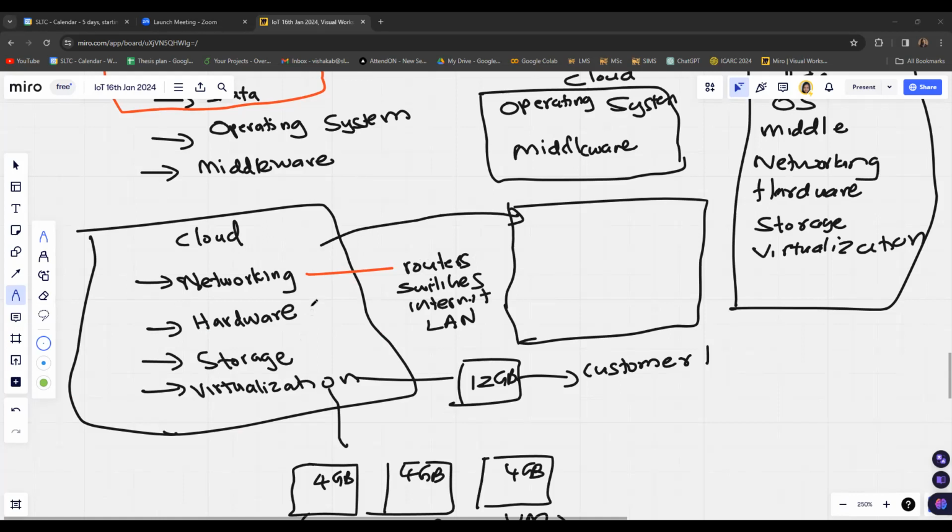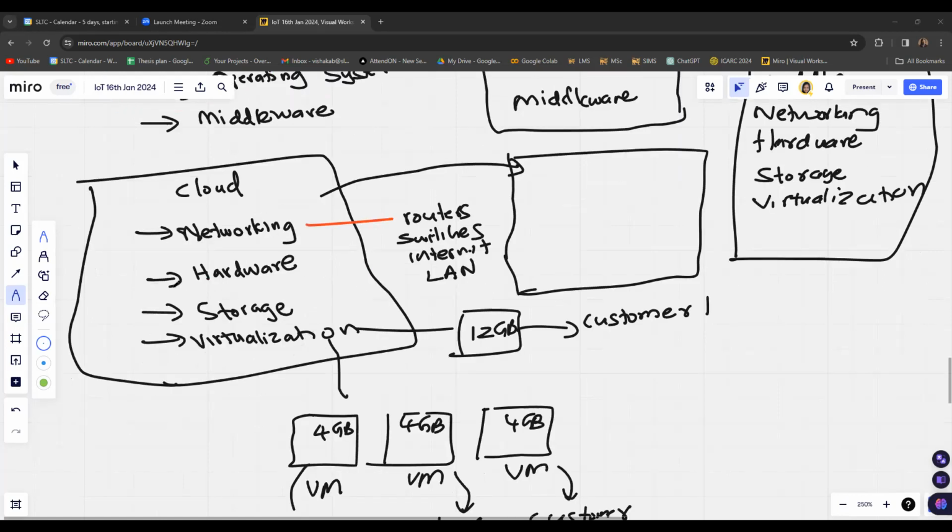Then it also provides you with the hardware, which is basically the servers, which you can use to build the necessary software or the infrastructure as you need. Also, it provides you with the storage space that you require. There could be some specific storage space that it allows you to operate on and use.